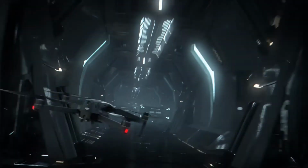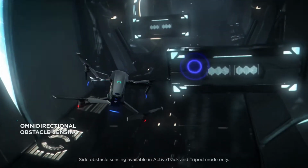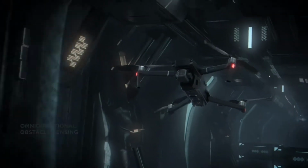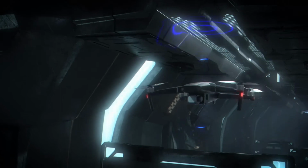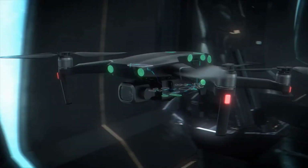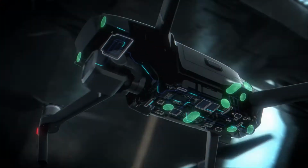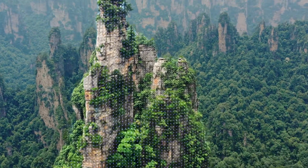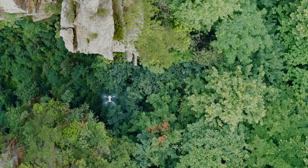For the first time in a DJI drone, Mavic 2 boasts obstacle sensors on all sides of the aircraft. Its digital nervous system continually transmits data to a new, more powerful central processor. The aircraft analyzes every inch of its surroundings to move around obstacles without stopping, so you can focus on capturing